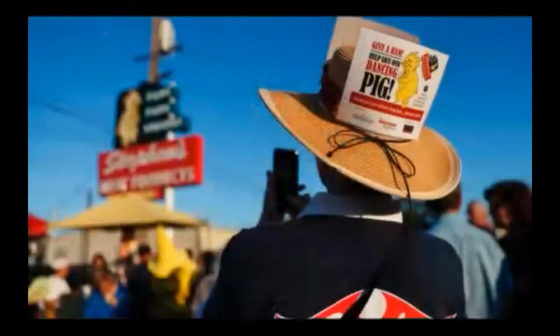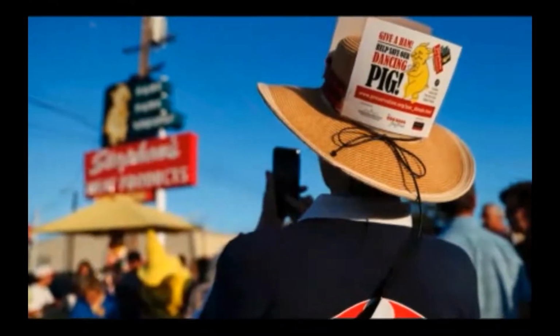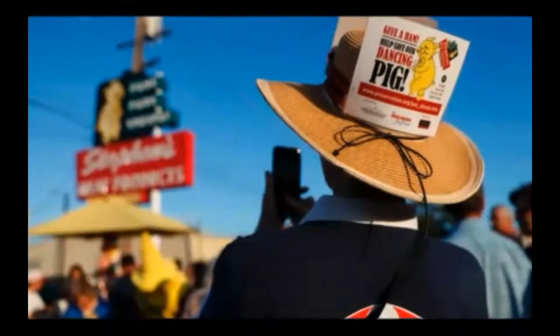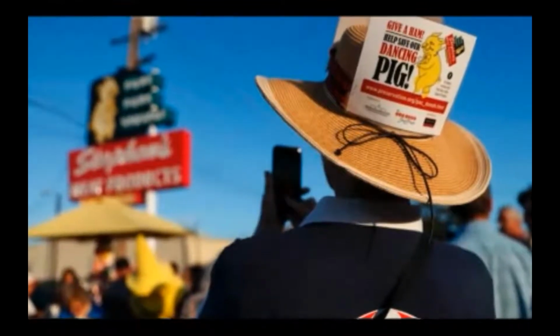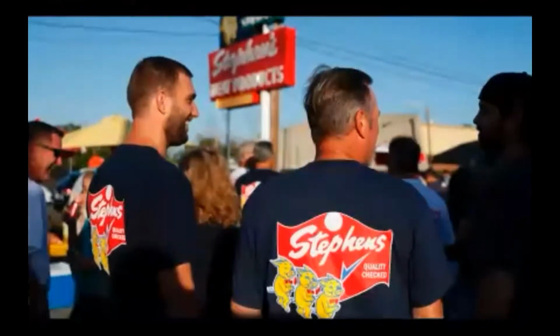Once the dancing pig was on track to be repaired, it only made sense to plan a party, a big party, to celebrate nearly 2 years of effort and commitment by many. I called it a re-dancing party because we weren't just relighting the sign, we were bringing our pig back to